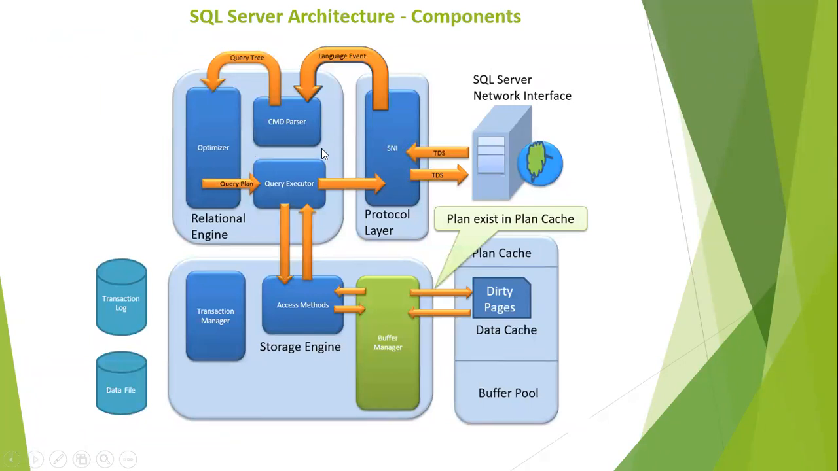Then the query tree is generated, right? Once this query tree is generated, the command parser itself verifies whether the plan exists in the plan cache. So it checks whether the plan is available in the plan cache or not. The plan cache is where we store the plans in memory, right? I'll explain in detail when we talk about the plan cache and memory, but for now, understand that a plan is a